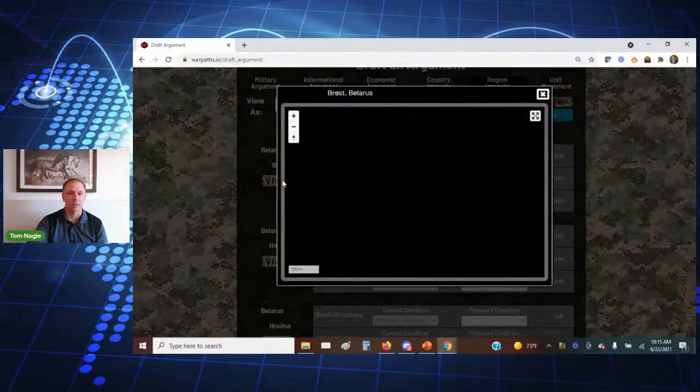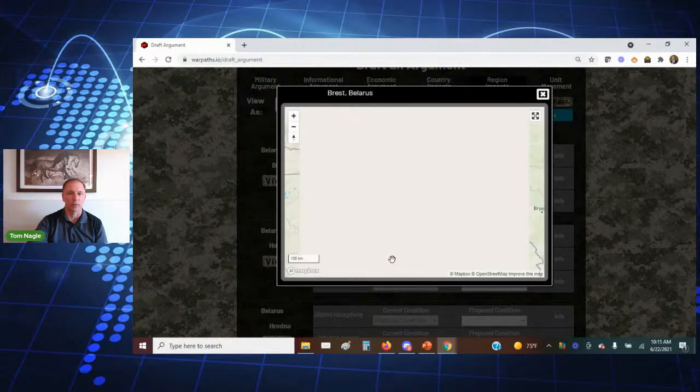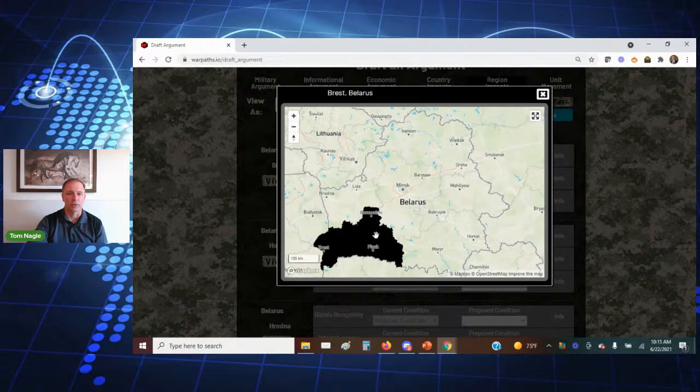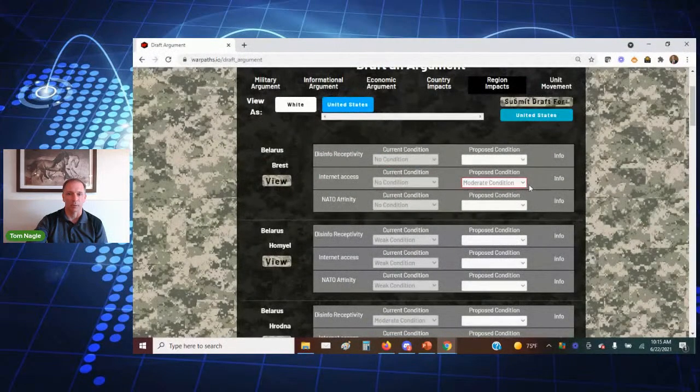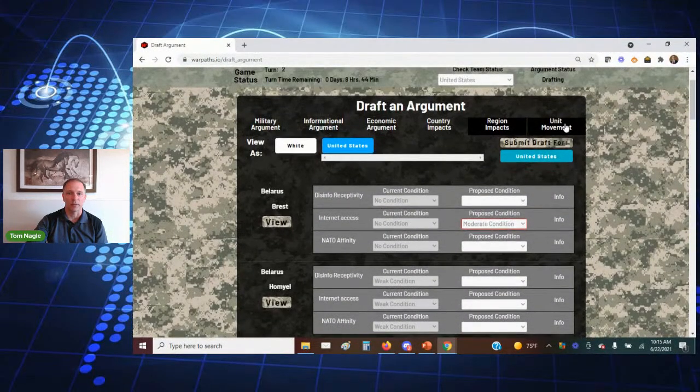And if I need to remind myself where each of those are, there's a little pop-up window that'll shade in the area of the country that county is in for Belarus. And this operates the same way with the drop-down. And finally, there's unit movement,